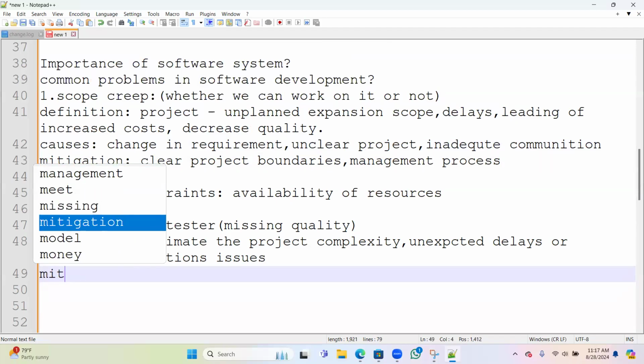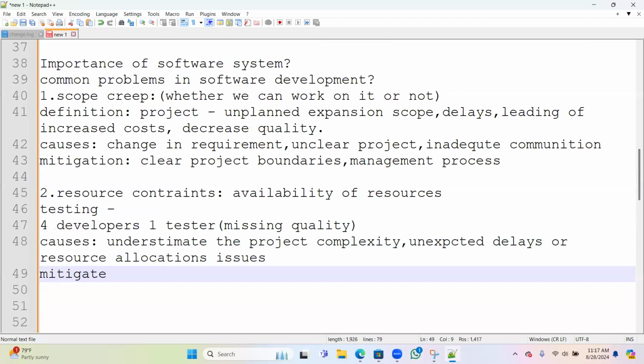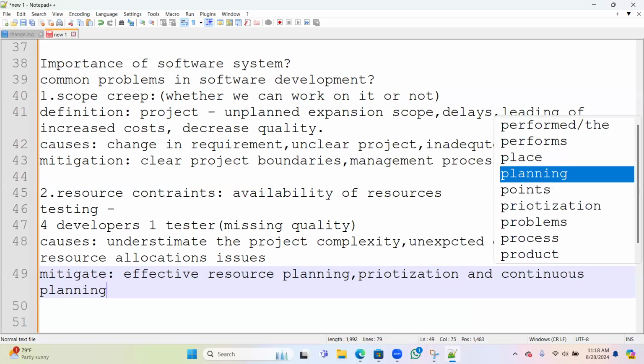So how can we mitigate that? Mitigate means the resolution or the solution. We can have effective resource planning, that's one thing, and prioritization, and continuous planning.